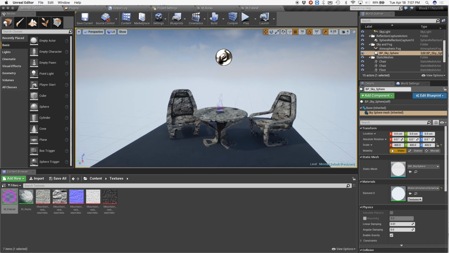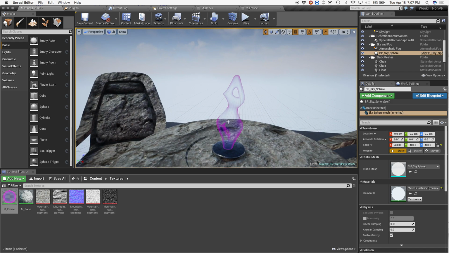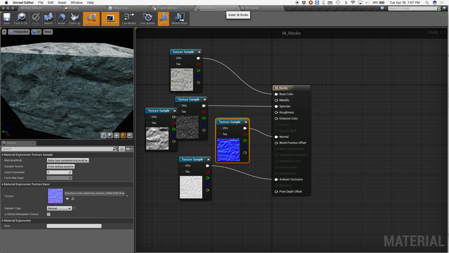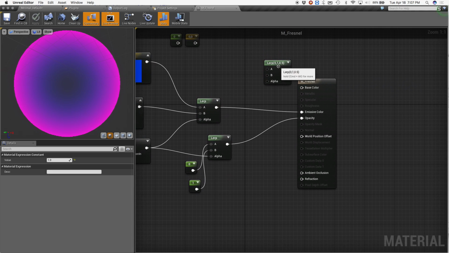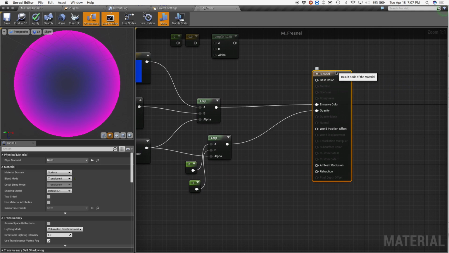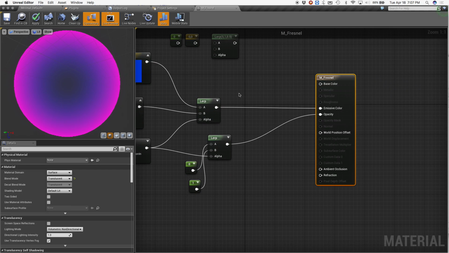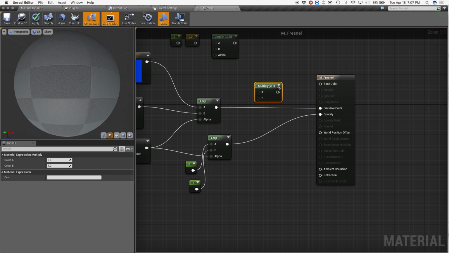All right, so we've seen this Fresnel now, and we've talked about constants, but those of you who've done a little bit of coding know that we can also have scalar parameters. So let's first show a little more fun with the emissive. I'm going to hold down M and click, and it gives me multiply. And I want to multiply the color value